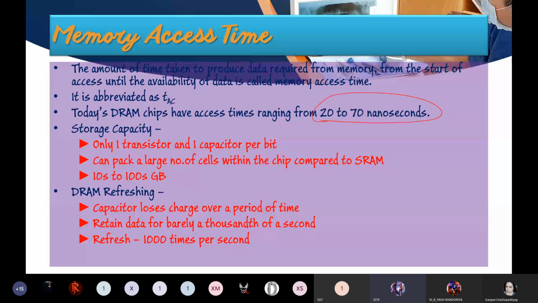What is the meaning of refresh 1,000 times per second? See, you can see this point that capacitor, it loses the charge. It's because of the charge that data is stored. Some charge means 1 bit, zero charge means 0 bit. So if some data has to be saved in the capacitor, over a period of time that capacitor loses the charge, that is, it won't have any charge. So the bit which we want to represent will be gone. So that is why it needs to be refreshed, that is supplied with electricity multiple times in a second, so that that charge is maintained.